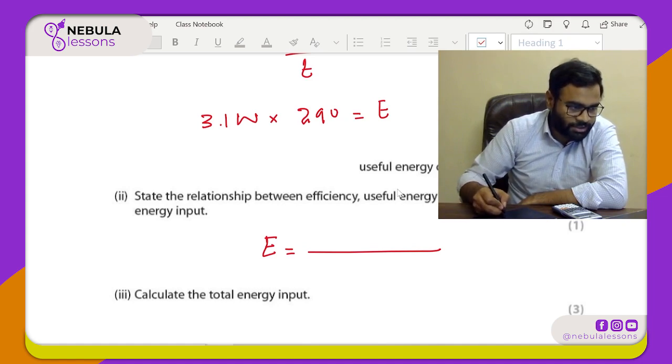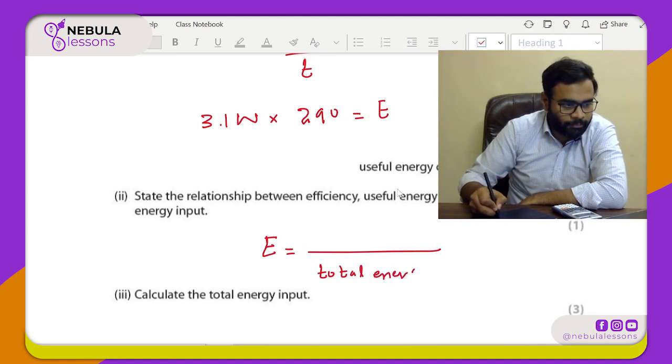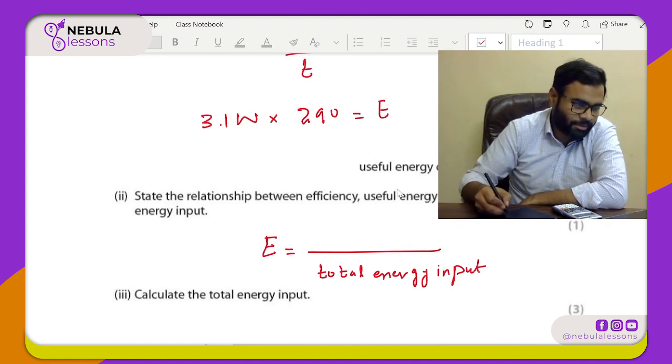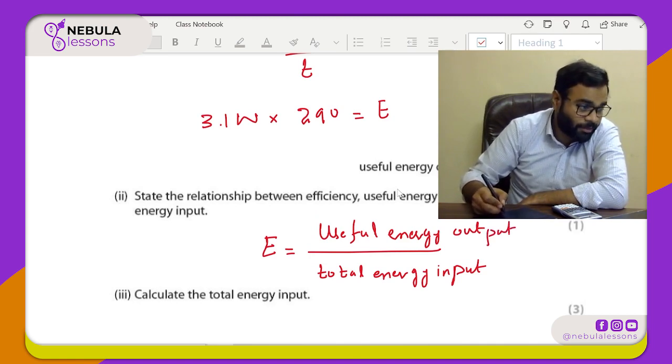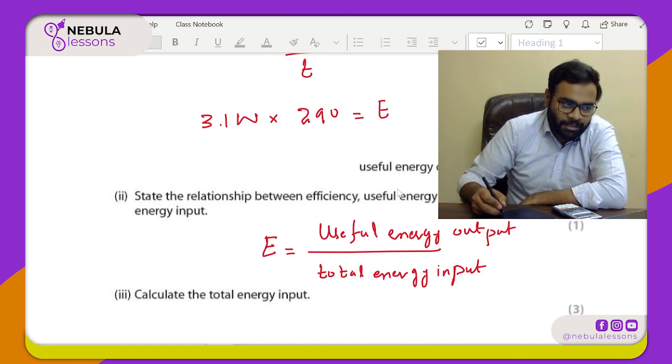The useful energy output is in the numerator, and the total energy input is in the denominator. Okay, so this is how you would be relating efficiency, useful energy output, and total energy